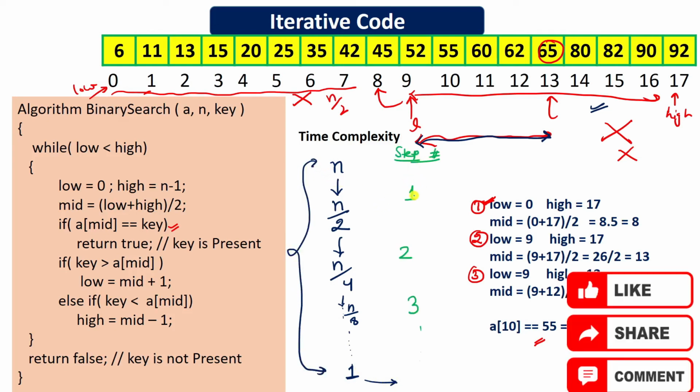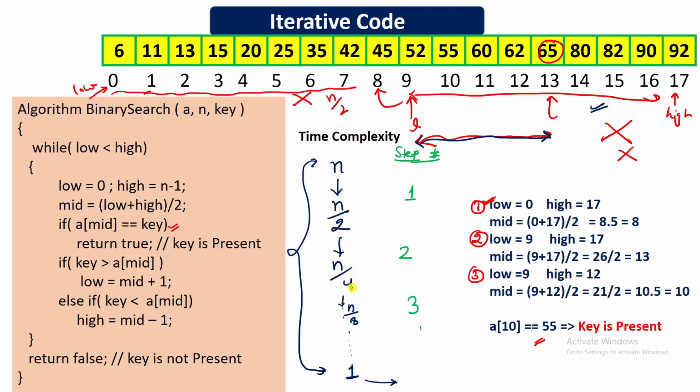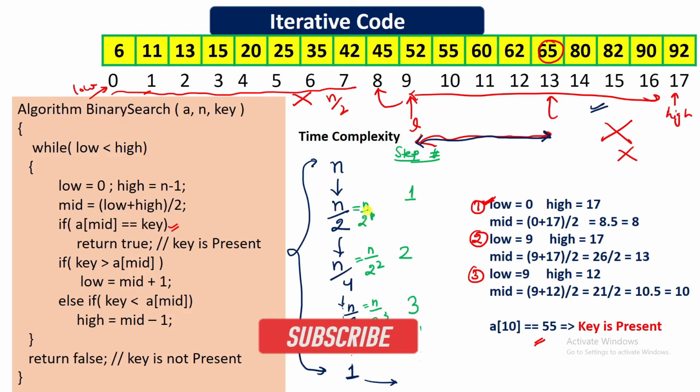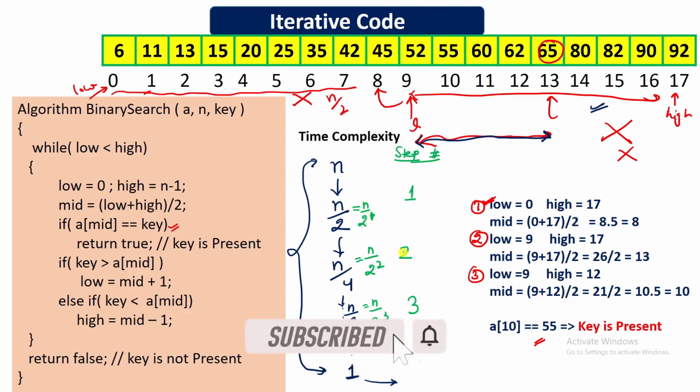In the first step you make this range half. In the second step you make this range n by 4 and you check only these elements. In the third step you check only these elements. So in step number 1, you have only n by 2 elements, which can be written as n upon 2 to the power 1. In the second step you have only n by 4 elements, that is n by 2 to the power 2. In the third step you have only n by 2 to the power 3 elements, 2 to the power